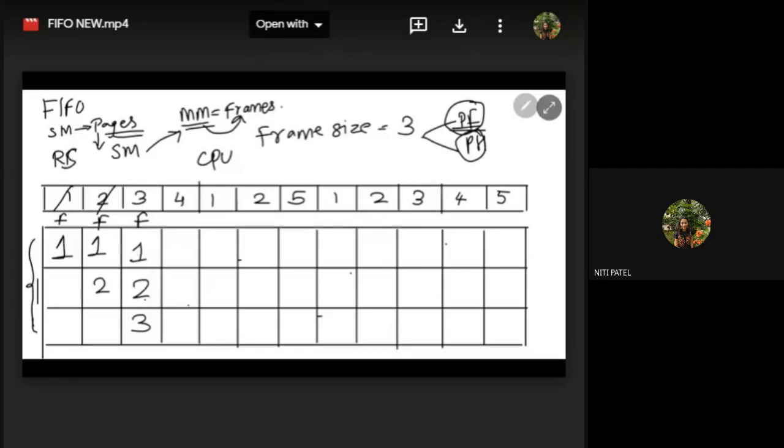Next, when I want to load 4, do I have a frame to load 4? No. So what does FIFO use? It uses 2 concepts. Either you check which one out of these 3 has come first and replace that with the new page, or you check